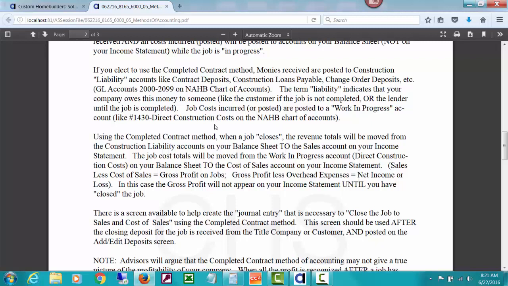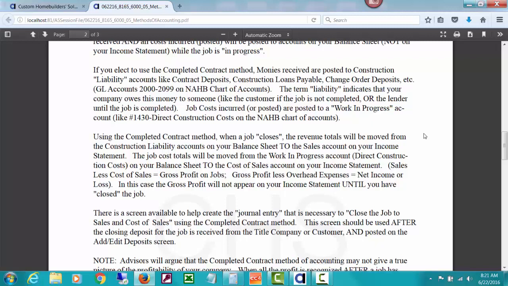This part of it makes sense if you're doing a spec home that's going to be inventory, and you're not really earning any income on that until it is sold and closed. So a spec home actually fits better with this completed contract. But if you're doing a sold home and you're putting all of them here, which I will recommend actually not to do in the first place, but we're going to come to the next method, which has to do with deciding each month, calculating each month how much you've actually earned as you progress through the construction, and then actually posting how much you've earned